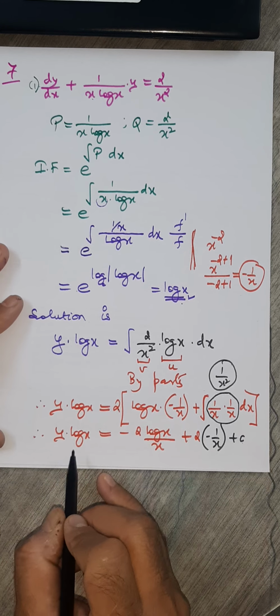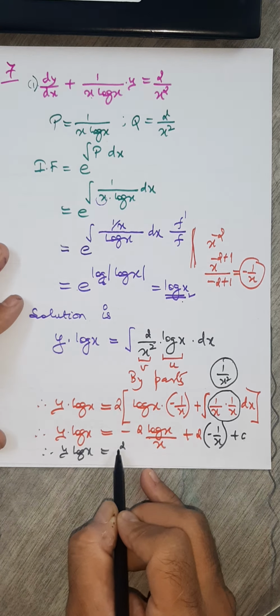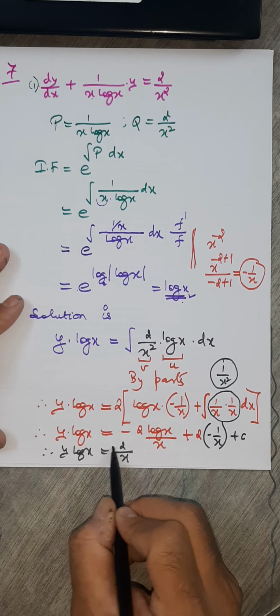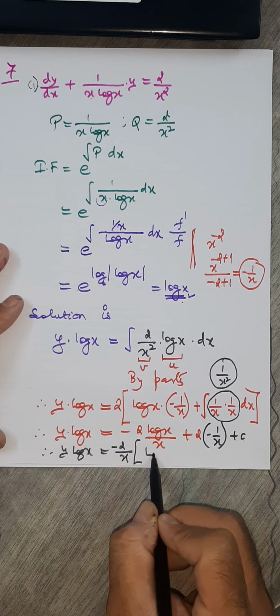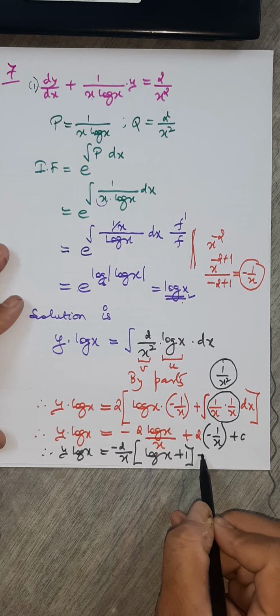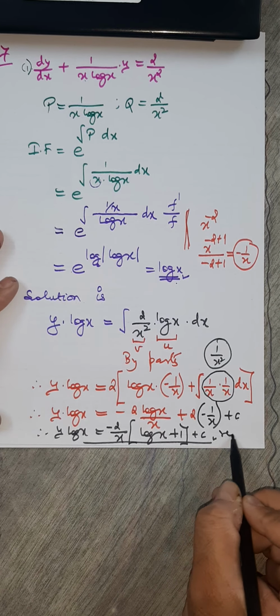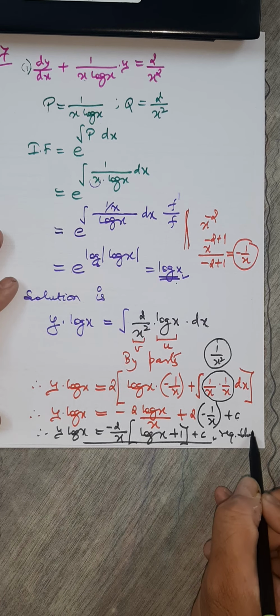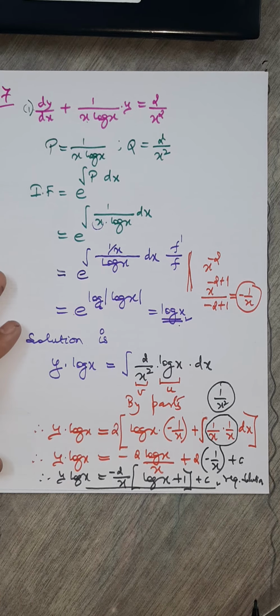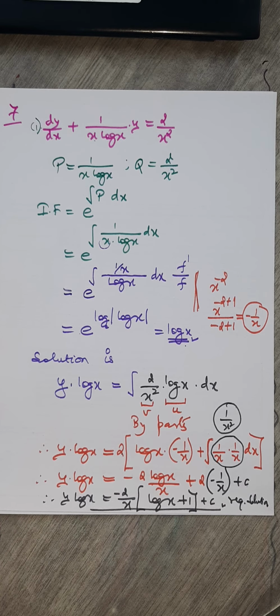If you want, in the last step here, you can just take again 2 by x outside with minus sign. So you have log x here and this is plus 1 plus c. This is the required solution here, remember. Right. Okay. Now next,